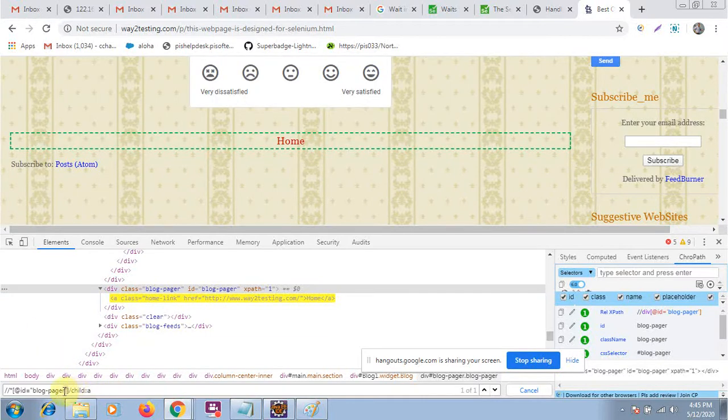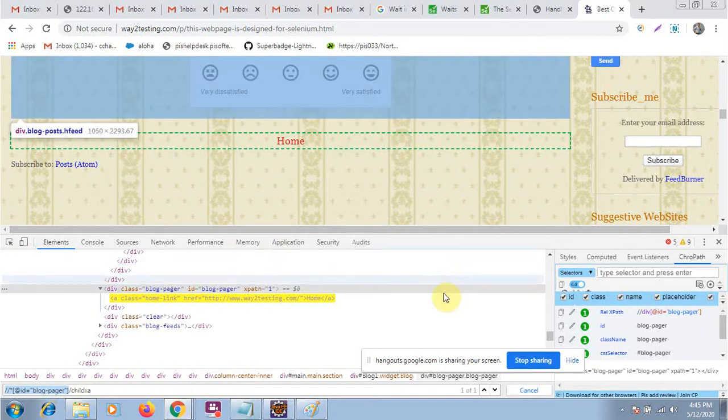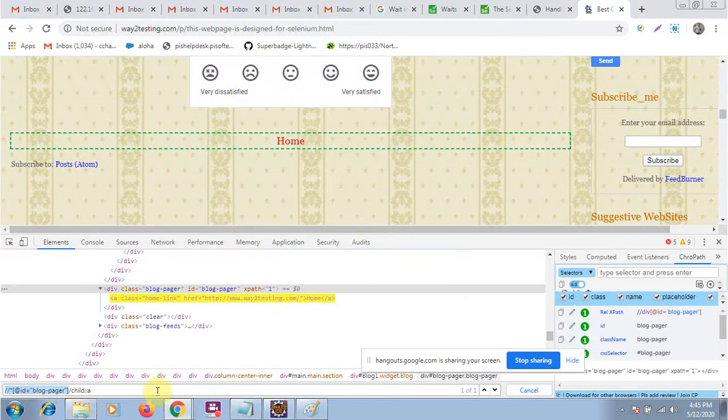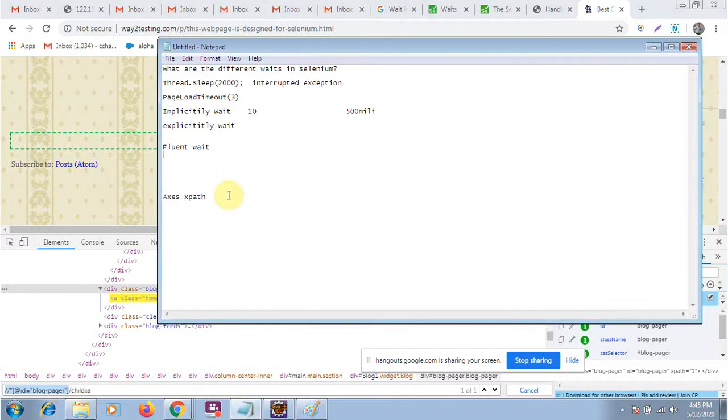First trace one element, then whether you want to move to the bottom, top, left or right, just use the common keywords as I told you. First you will use self, and then the tag name of self, as I told you.